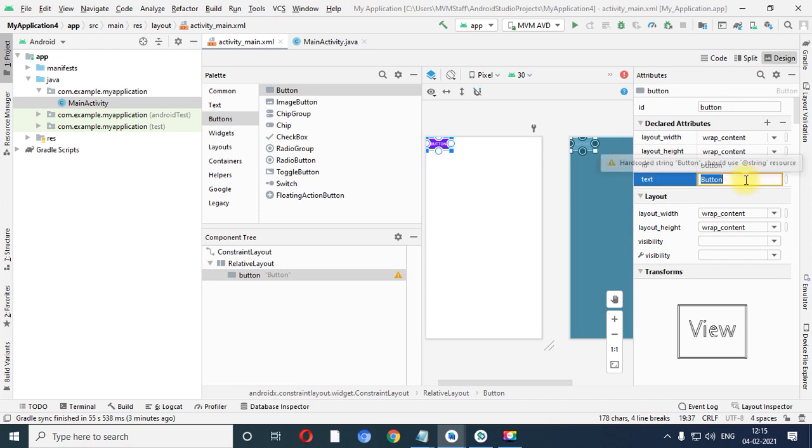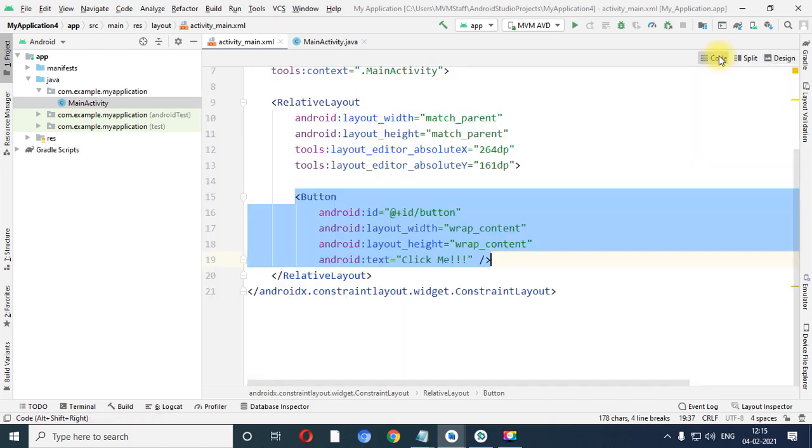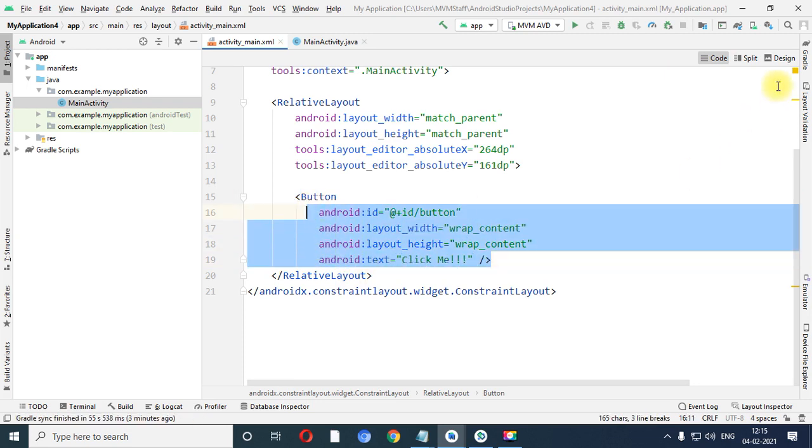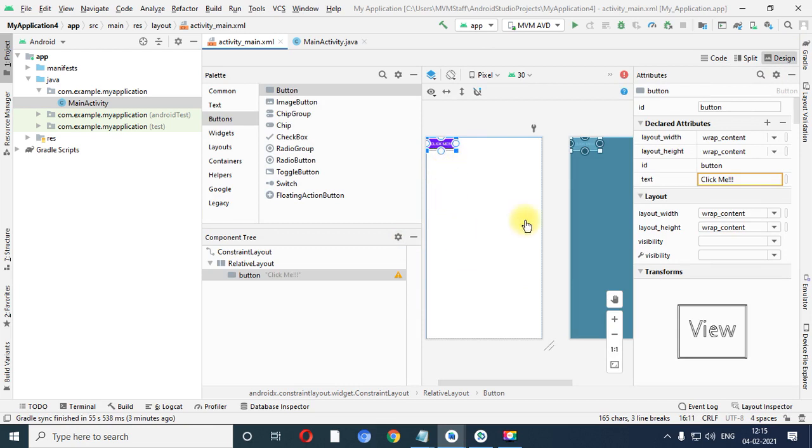Now on the text property, type click me. Let me check this reflection in the XML file. Click on Code. See over here, the android:text property is changed from button to click me, right? So either you can change it from the coding file, or you can change it from the designing window.